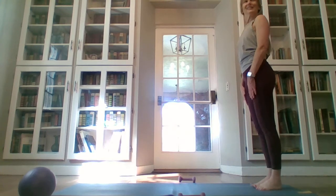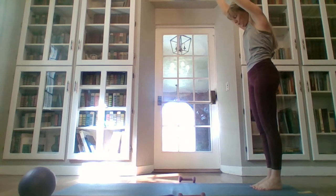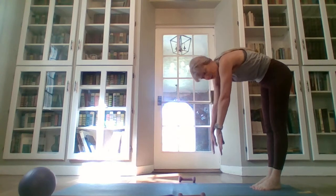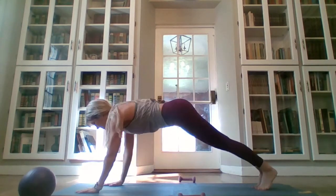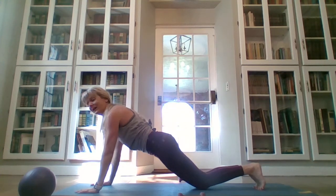Okay, so we're in our Pilates stance. We're going to inhale up. We're going to peel off that wall, starting with the upper back. If you cannot touch the floor, bend your knees. We walk out for 3 counts. 1, 2, 3. Now, depending on how tired your body feels, sometimes I go to my knees to do these,